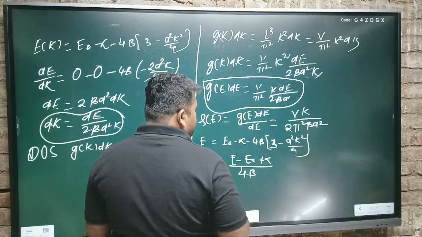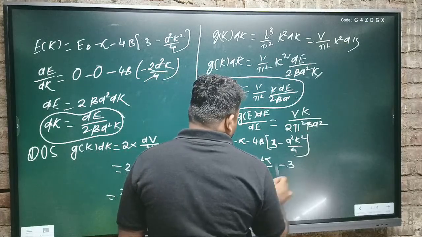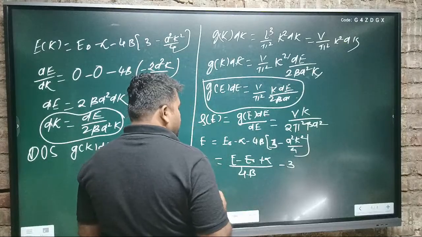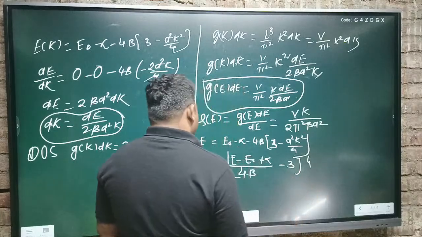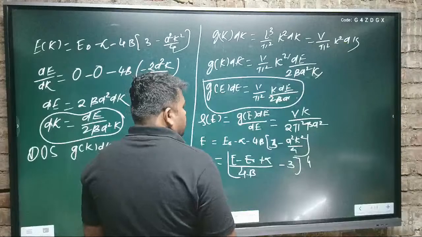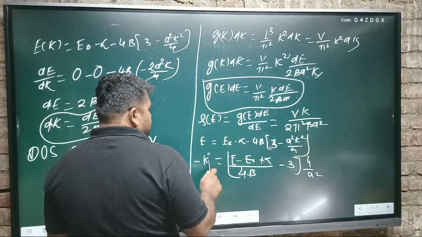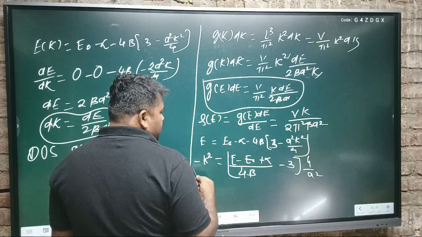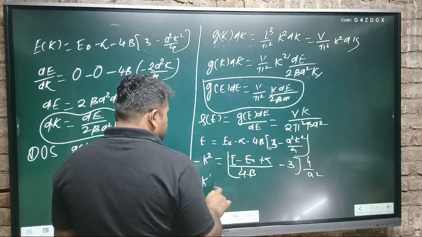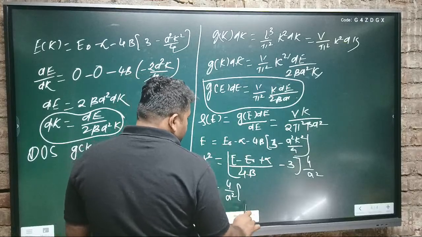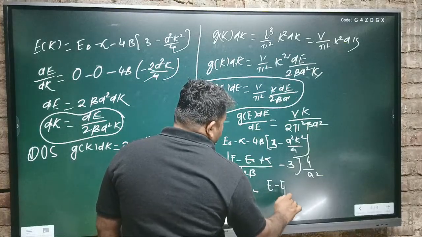Here we can multiply by minus 3. Okay, minus 3 into how much? Into 4 by a². Yes or no? 4 by a² is equal to how much? Minus k², minus k². Next, suppose we multiply it by minus, then this becomes, yes, k² is equal to how much? 4 upon a², 4 upon a². This minus becomes plus 3, and this plus becomes minus, E minus E naught plus